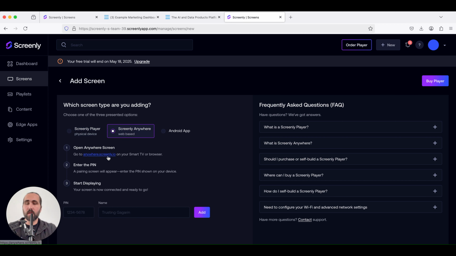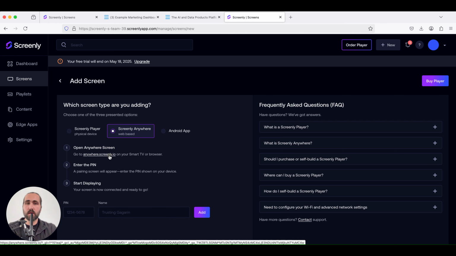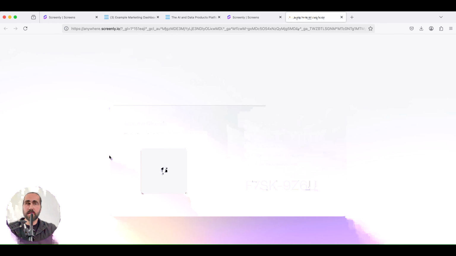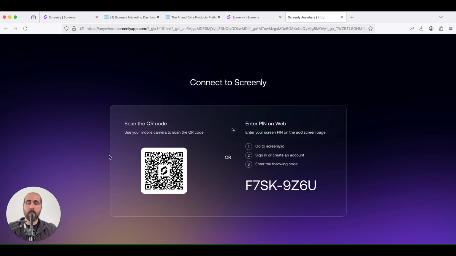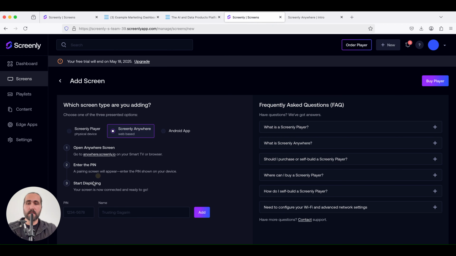And then below here, you see the URL anywhere.screenly.io. We're going to click on that. This brings us to our browser-based screen, and we see a pairing code. So right now there's no content going to this screen, and we have to connect this screen with our online Screenly account. So we're going to type in that pairing code here, F7SK,